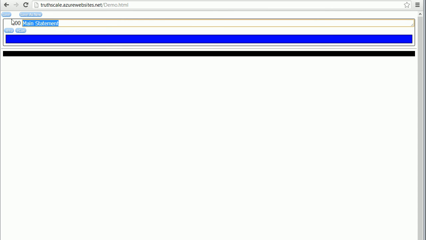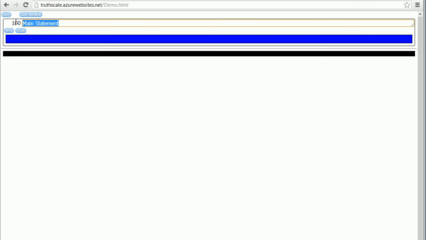You can see that there's a save button, a save as button, a main statement, and a place where you can add pros and cons. Whatever statement you're beginning with starts out with a 100, which means 100% true. The scale will go down to 0, meaning undecided, and all the way to -100, meaning completely false. So it's a range from -100 to 100.